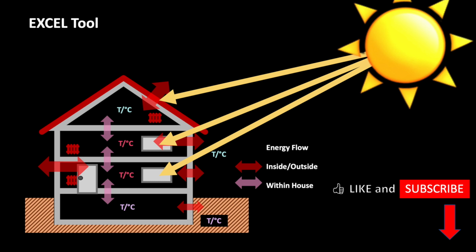That was the 7th part of our step-by-step user's guide. I hope I was able to motivate you to play a bit with the Excel tool. As said earlier, there will be more episodes in which we will show examples and in particular discuss results and reports. There are still a few more functions that I haven't explained yet. For example, I haven't explained how to predict the effect of waste heat from electrical devices and people. If there are any questions about this part, please ask in the comments. I will be happy to answer that.